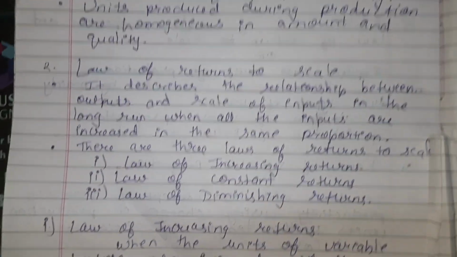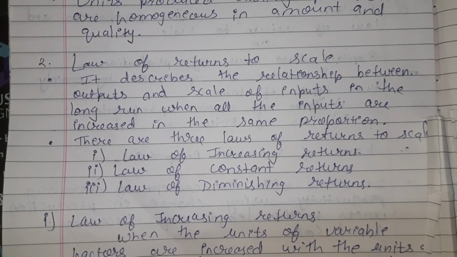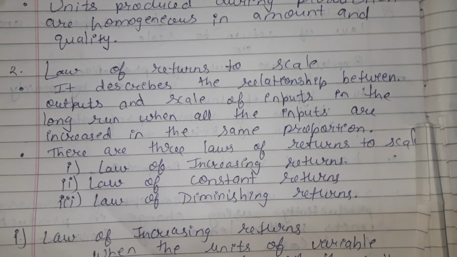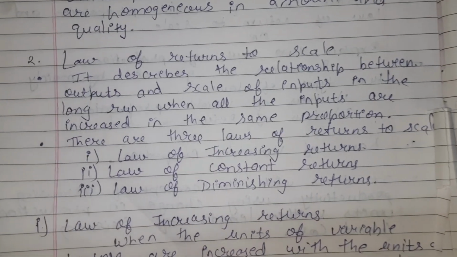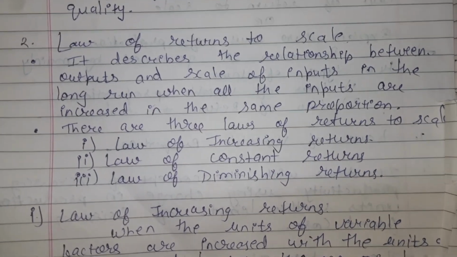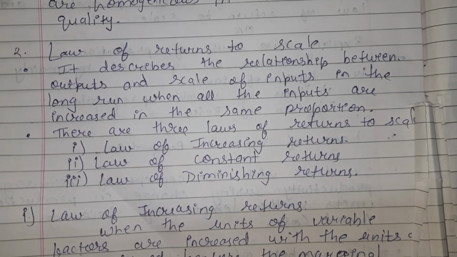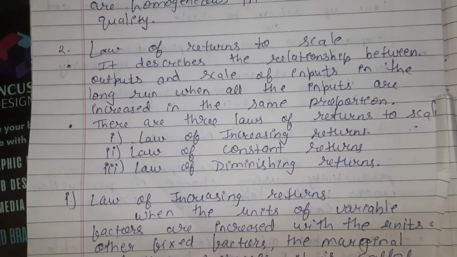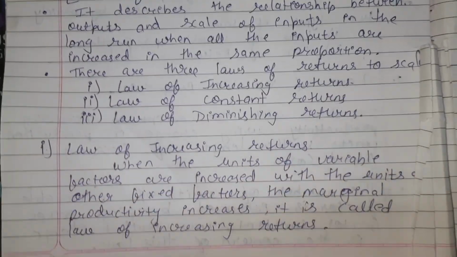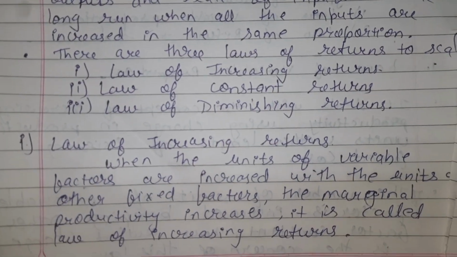Law of return to scale. It describes the relationship between outputs and scale of inputs in the long run, when all inputs are increased in the same proportion. There are three laws of return to scale: law of increasing returns, law of constant returns, and law of diminishing returns. Law of increasing returns: when the units of variable factors are increased with the